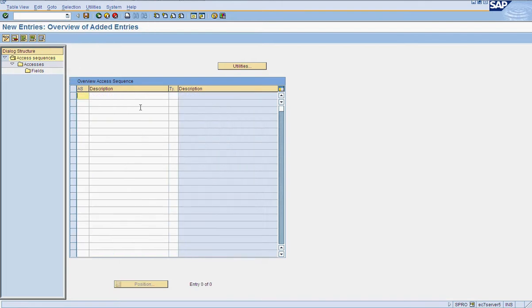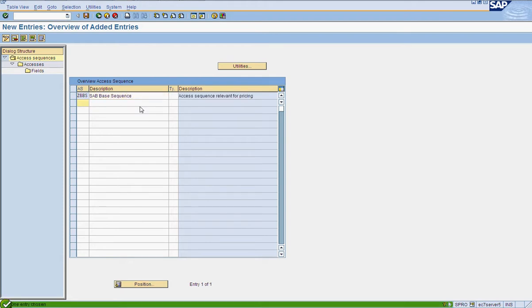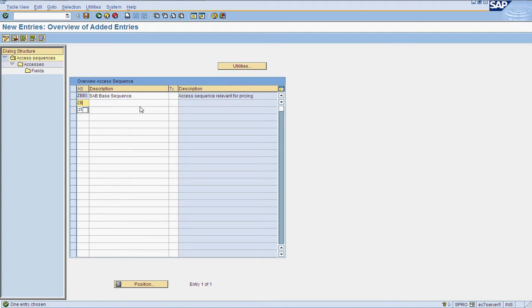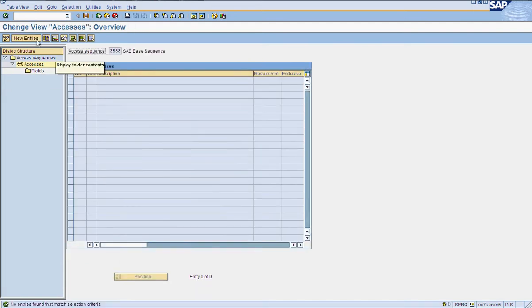So we'll be creating a new access sequence called ZB base sequence, and ZB special sequence. Under this ZBS I will be creating, or adding, one table.